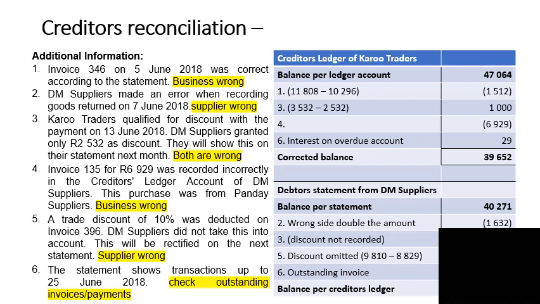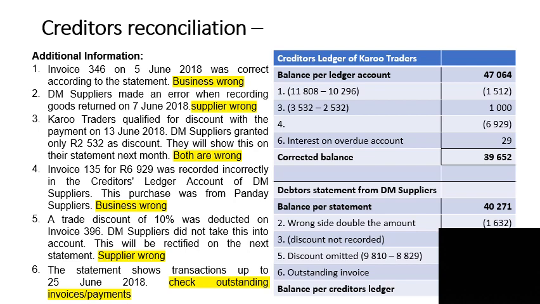statement. Let us start in the creditors ledger. We have overstated the discount. We have recorded it as 3,532 instead of 2,532. The difference is 1,000. So discount naturally decreases. To record an overstatement, we must add back the difference. So that is why we are adding the 1,000. We are adding back the 1,000 to decrease our discount to